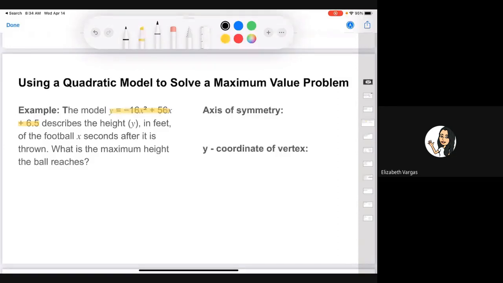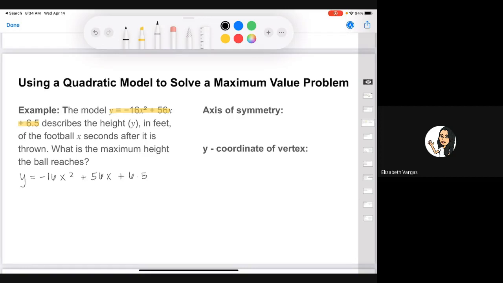Okay, so we have our quadratic equation. This is the one that we just created, so it's nothing new. Except here, x replaces t, just so it's easier for us to work with. It's in quadratic form, but it's the same thing. Okay, so now we have our quadratic equation, and we're looking for what is the maximum height that this ball